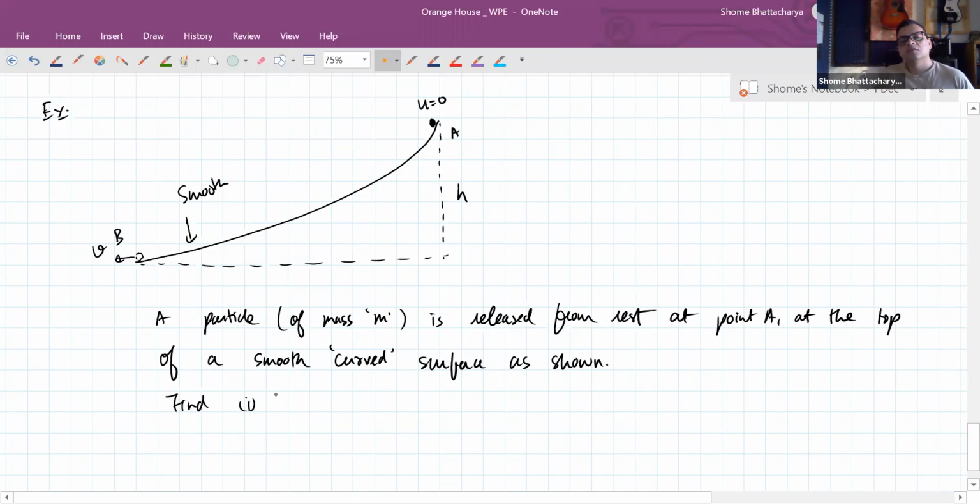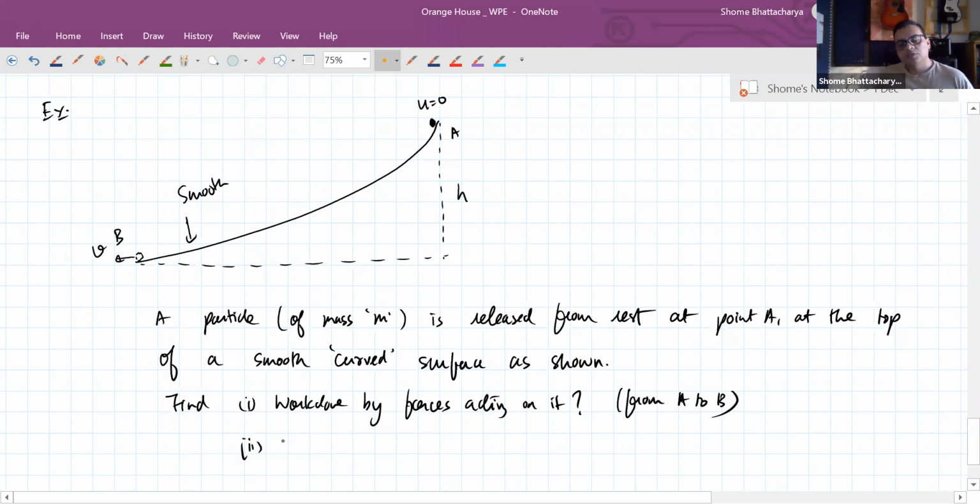Find work done by forces acting on it, and that is from A to B, and secondly find out the speed v